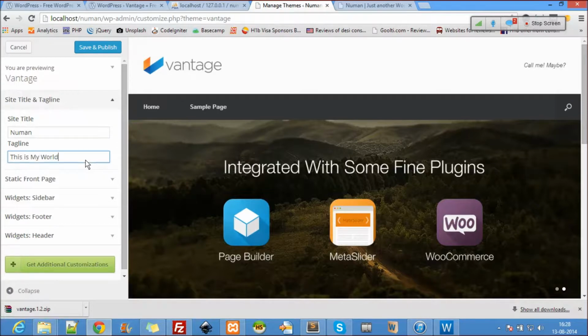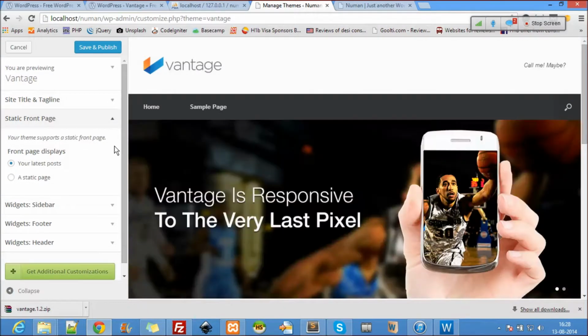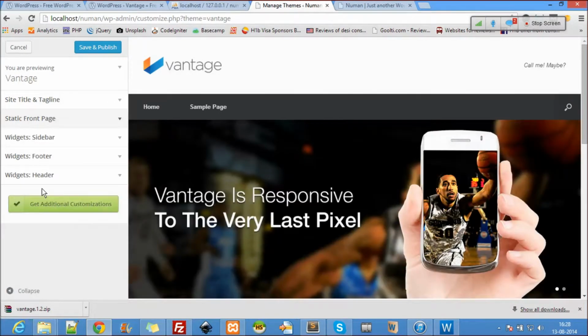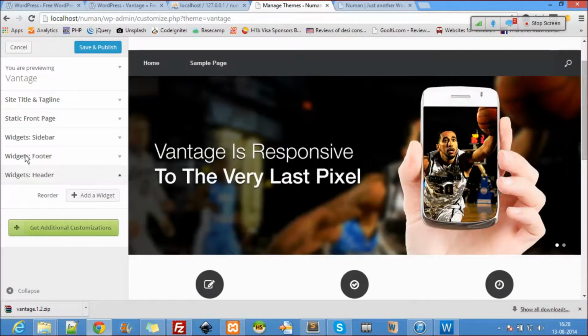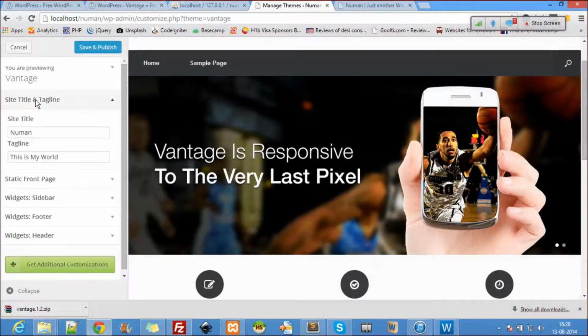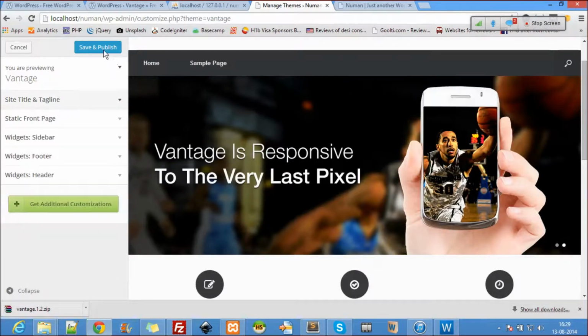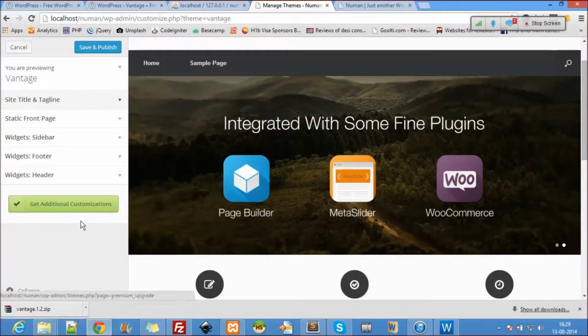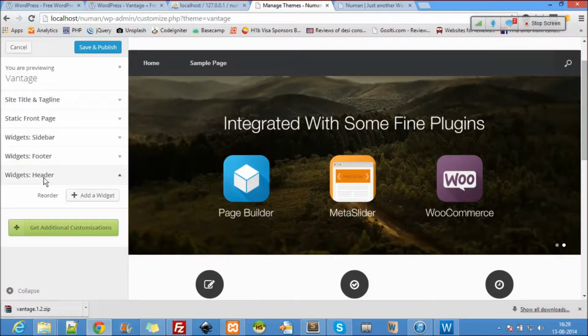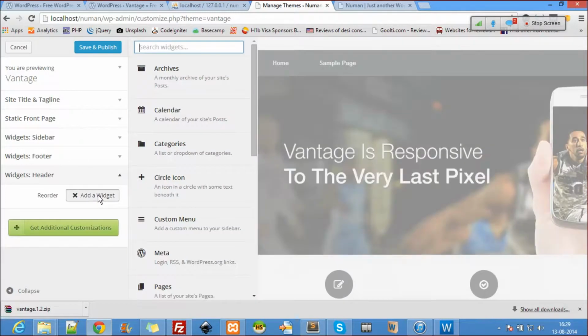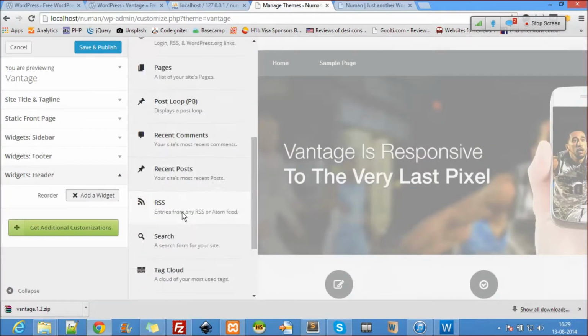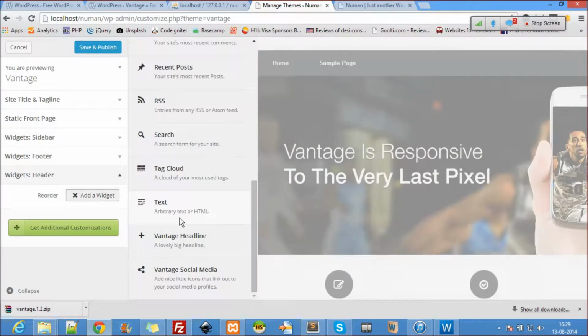The static front page. Okay, that's okay. All we need is to go to header. Oh, there is nothing. There should be a logo somewhere here. It's not in the meta pages. No, no, no. Okay.